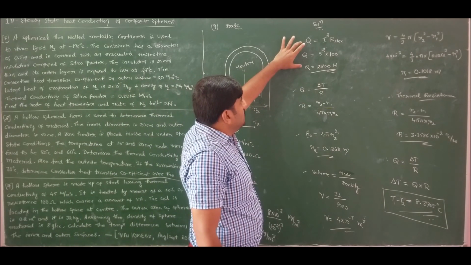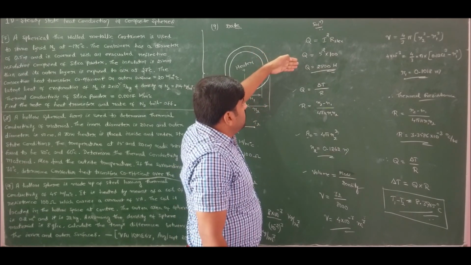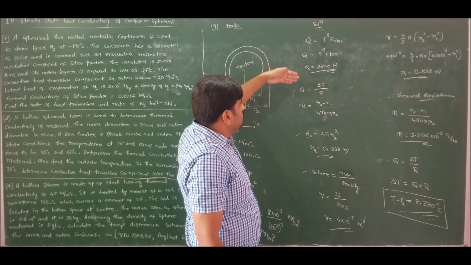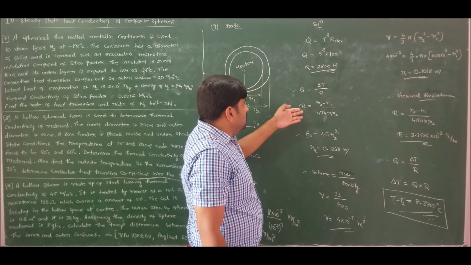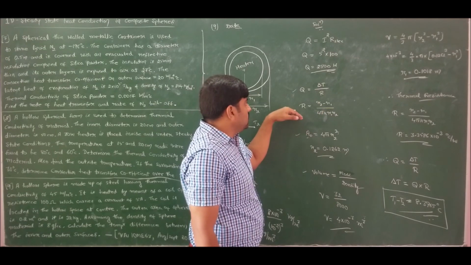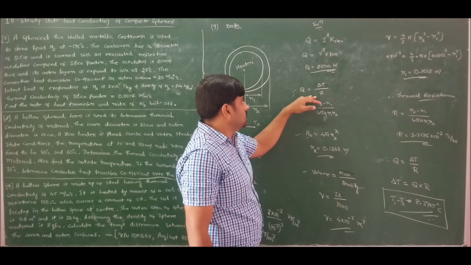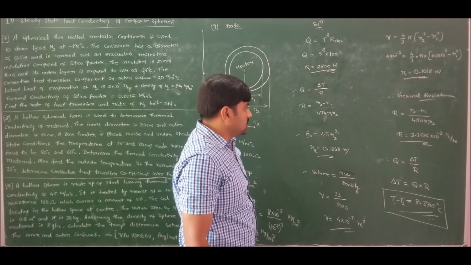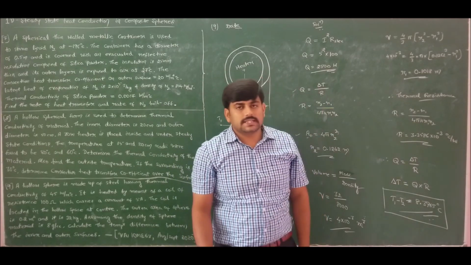So Q is equal to I square R is the general expression from our basic electrical. Find the value of heat in watts. Now heat is also equal to temperature difference by thermal resistance, where thermal resistance depends on R1 and R2. Find the value of R1 and R2, and we will get the value of thermal resistance. Now use the formula of heat flow equal to temperature difference by thermal resistance, and we will get the temperature difference, which is turning out to be 8.3965 degrees Celsius.